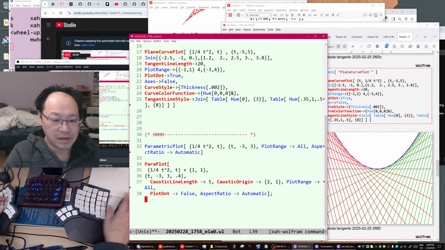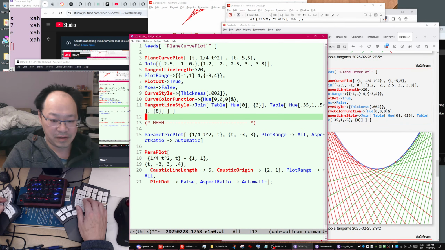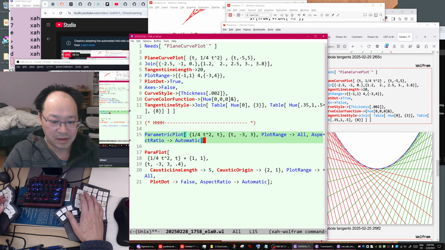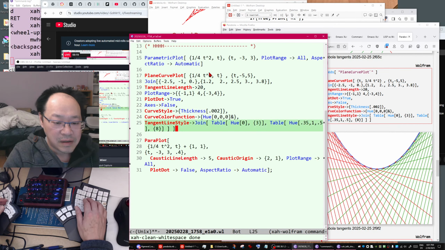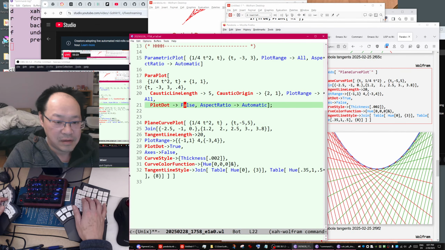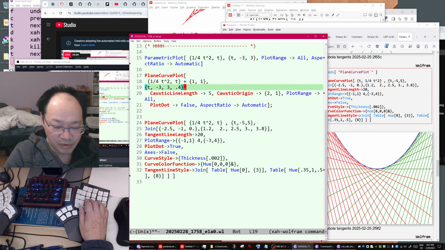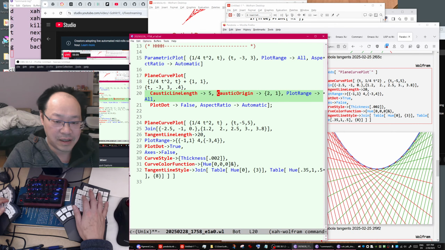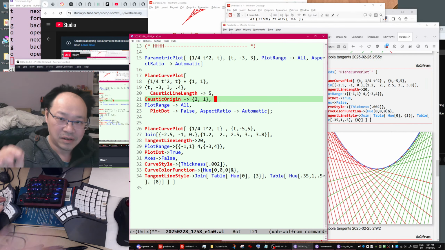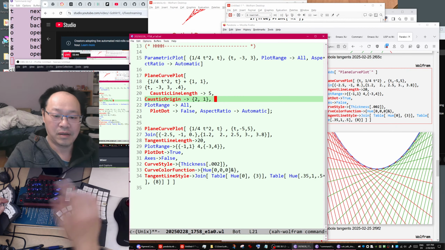So plain code plot this formula, -3 2 3 in increment of 0.4, then caustic length 5, caustic origin 2, 1, not sure about that.